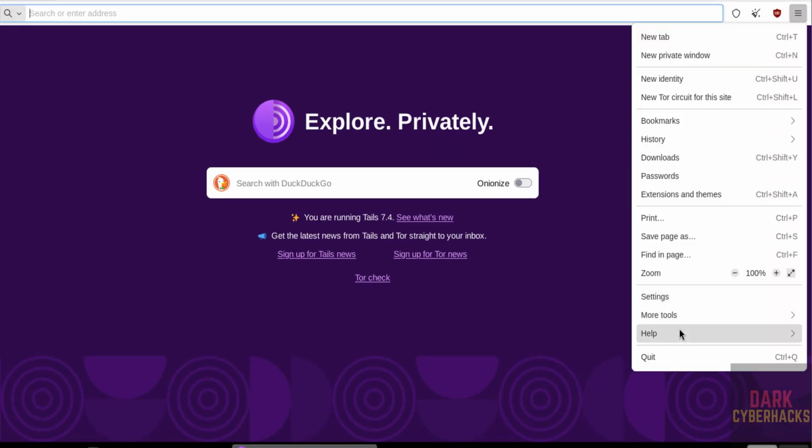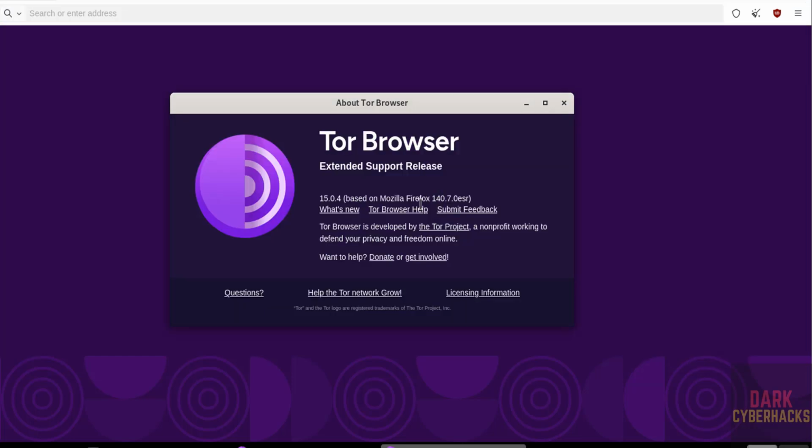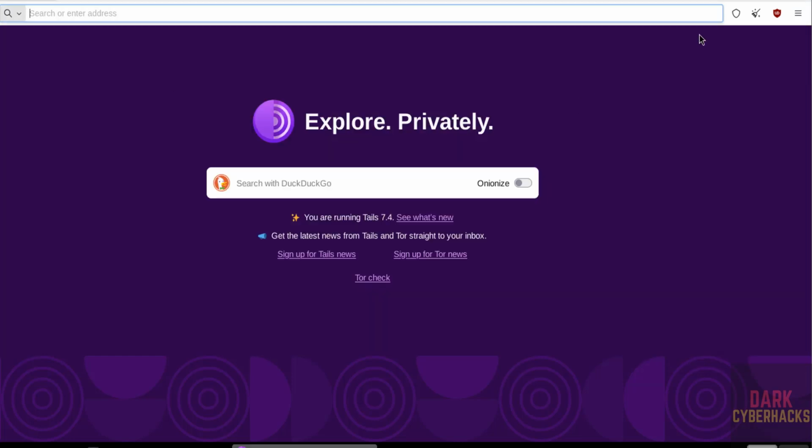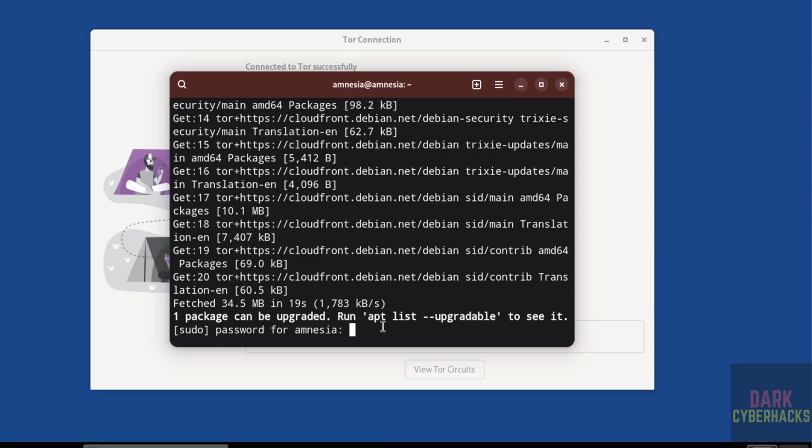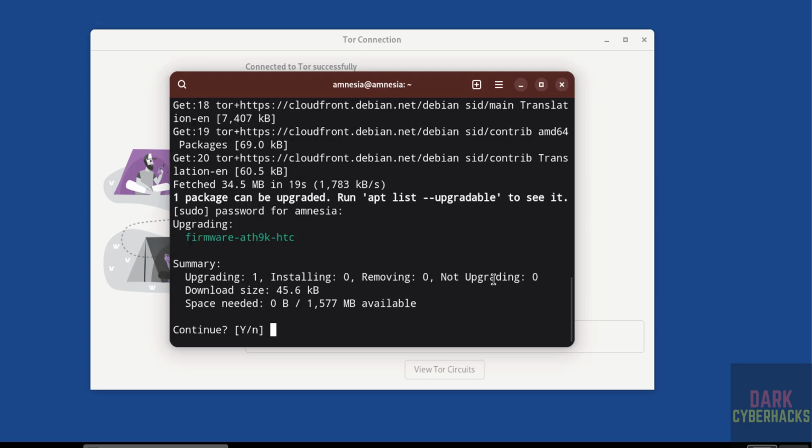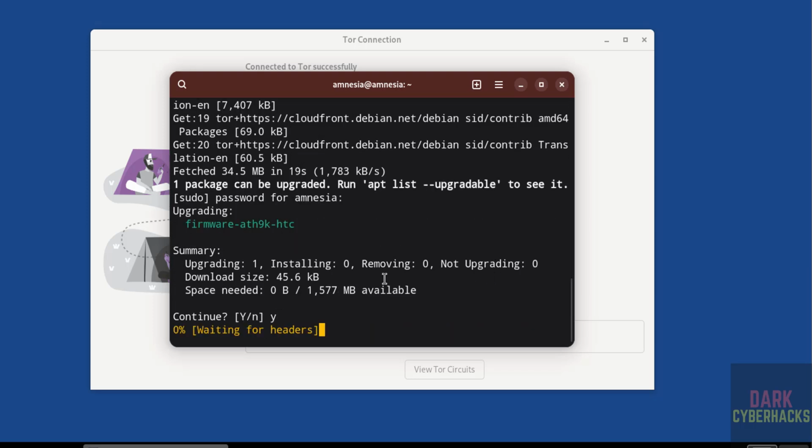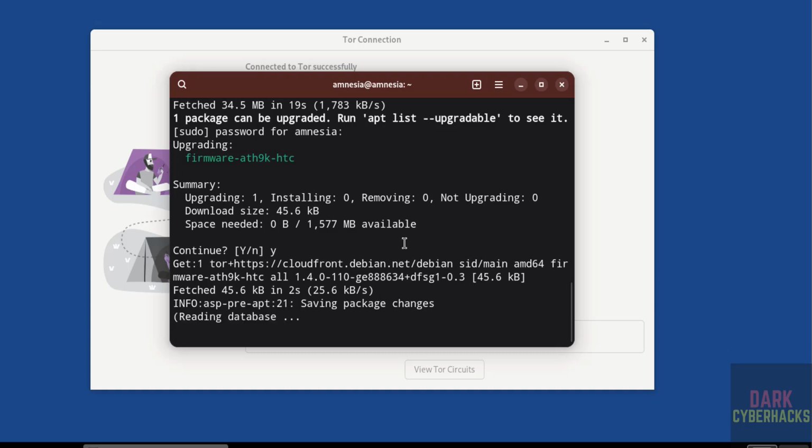Verify the version of the Tor Browser. Help, About Tor Browser. See, we have installed 15.0.4. Provide the password of the administration. Type A for confirmation and hit enter. Okay, so in this video we have seen how to download and install